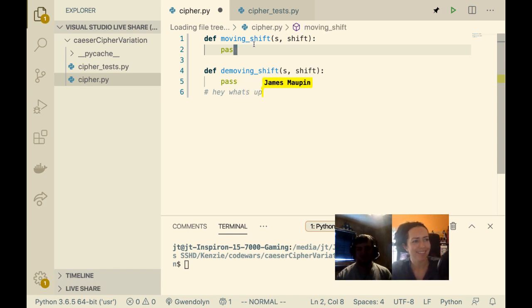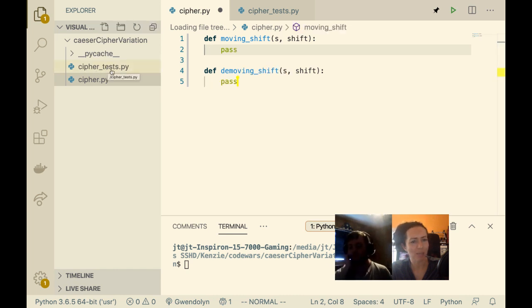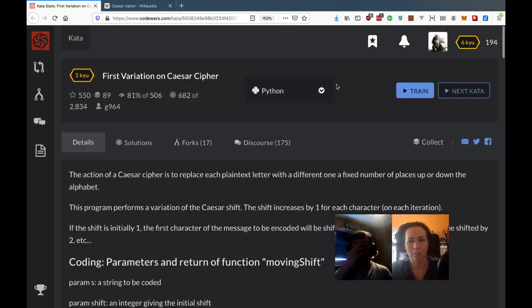That's cool. Awesome. So we have the test set up locally too. So we have tests and we have the Cipher. So we'll be able to type it in here. And then when we think we have a good solution that passes the 5 tests that we have, we'll go ahead and put it in the browser for the 100 or so long tests, like when you submit a challenge or attempt a challenge. So I'll go ahead and click train in the browser.